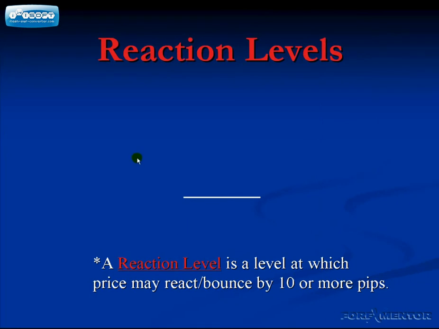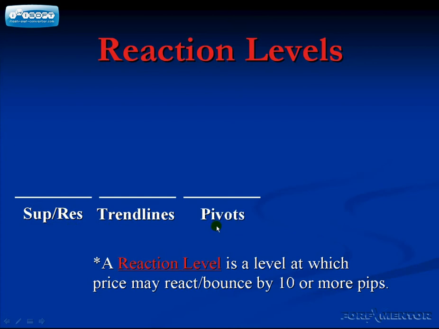So ideally, we are going to be looking for the alignment of reaction levels, either one specific reaction level or an alignment of multiple reaction levels. And of those reaction levels, we will be looking for components like support resistance, trend lines, pivot levels, Fibonacci levels, or other types of levels that you may have in your own trading, little idiosyncrasies, indicators, and so forth that you prefer to use